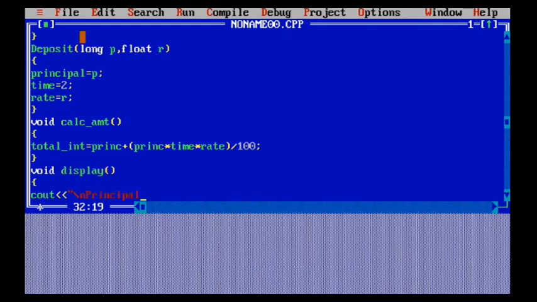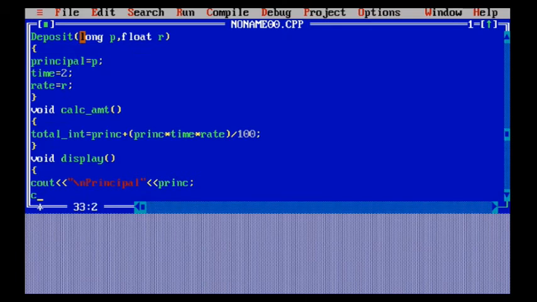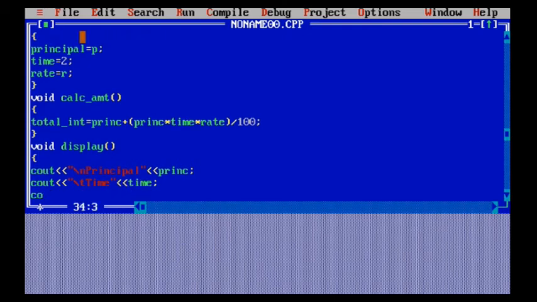So now when I've taken the principal, I'm going to display that principal accordingly. Then I'm going to display the period of investment, that is the years. Then I'm going to display the rate of interest, and I'm going to display the total amount. Basically, what does it mean? Whatever I have included, I'm just going to display all the contents with the help of a display function. Now, till this point, you are clear that we have defined some functions and some constructors.